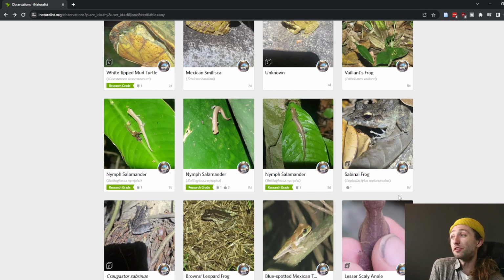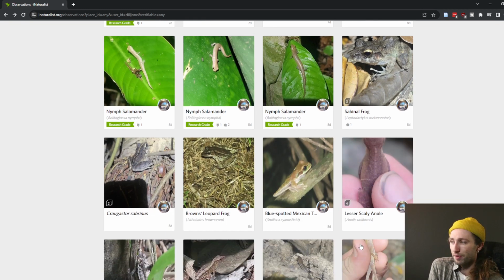But my first or second night back, we got a little bit of rain, and I went down. And oh my god, we got all the big species. We got the blue-spotted Mexican tree frogs, one of my favorites. I've done lots of studies with them on their diet, on their development. There's also,